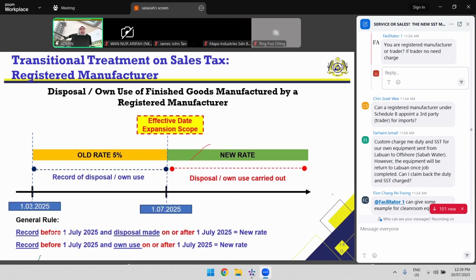Okay, disposal or own use of goods manufactured by an RM. Remember Section 8, scope and imposition: it applies when you sell, dispose or use finished taxable goods that you manufacture. So in this example, let's say this RM records the disposal,